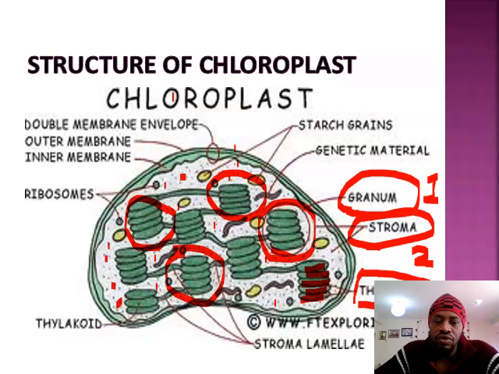Again, when you look critically at the thylakoids, you will notice that in this diagram specifically, they've been colored green. It's not by mistake. We're trying to give it its real natural color. It's colored green because it contains that pigment, the green pigment that we call chlorophyll. That pigment